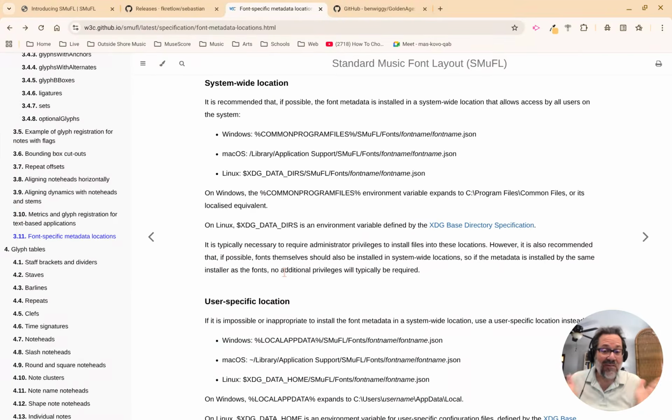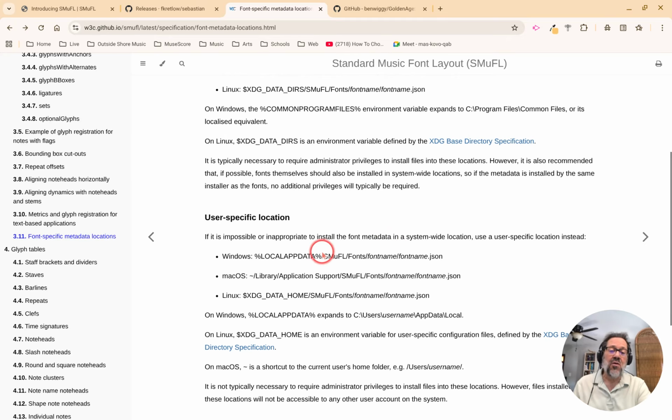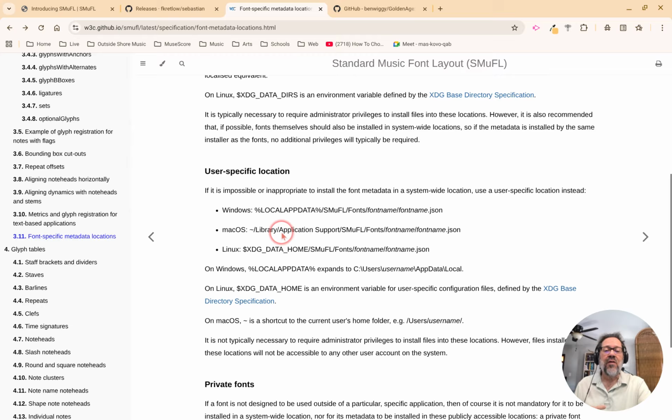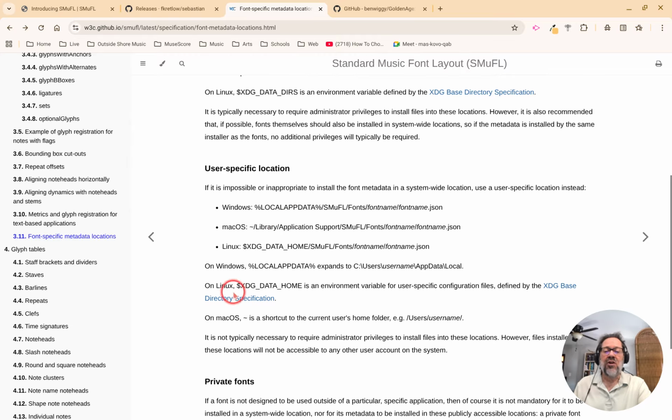It's a little techie, but you have to be able to do a little bit of moving files around to make all this work. So once you find the right location to put that JSON file, that's the system-wide location. Or if you don't have admin privileges or just want to make sure it's installed for you only, you can put it in this local folder, which on Windows is Users, your name, AppData, Local. On Mac OS, it's your home folder, Library, Application Support, and on Linux, it's going to be that .local